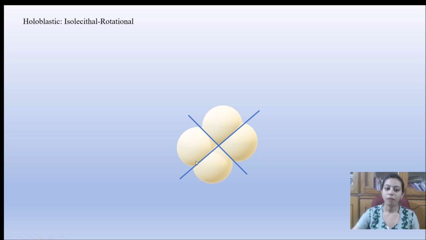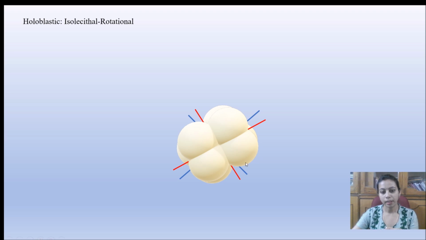So after the 4 cell stage, when horizontal cleavage takes place, what will happen? The upper layer of cells will rotate a bit, so that the next plane of cells on the upper layer, toward the animal pole, shifts or rotates to a certain angle as compared to the lower layer of cells. That is the reason why it is known as rotational cleavage, and such types of cleavage are seen in mammals, which means in our cells, and also in nematodes.